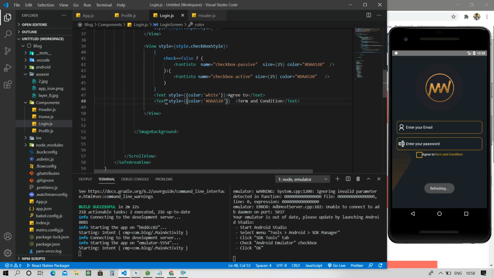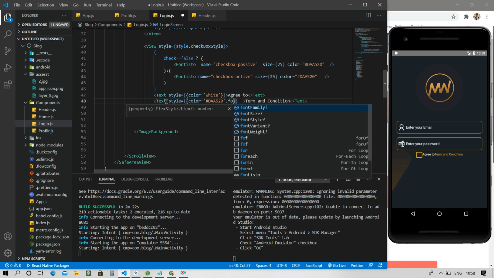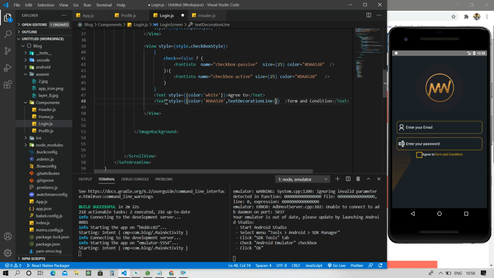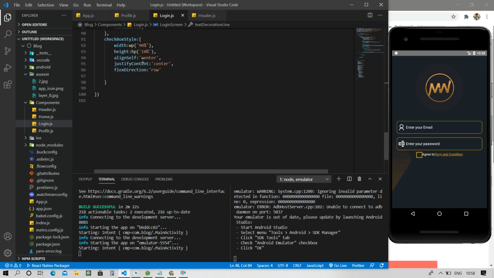Control S. Now it's looking good, and giving a fontFamily, and textDecorationLine as underline. Control S. So you can see that it's looking good now and we have to go here and remove the alignItems center property.